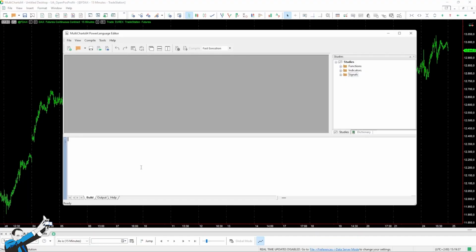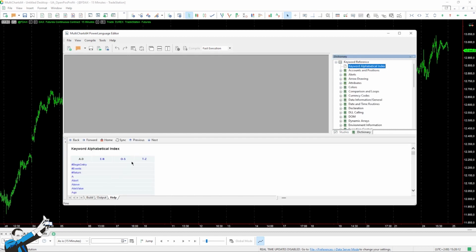All right, as mentioned just now, many of our students ask us how to give the machine an order that will only be executed if the current trade loses by a certain amount, for example, or even wins within a certain threshold. And this is where a MultiCharts keyword comes in really handy, which is already standard in all platforms and is used to accurately determine the profit or the loss of the current trade, namely the trade that we have open at that moment.